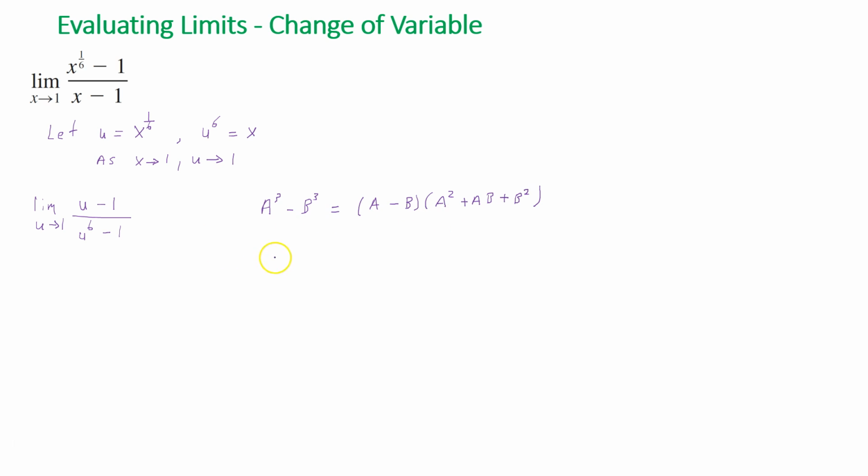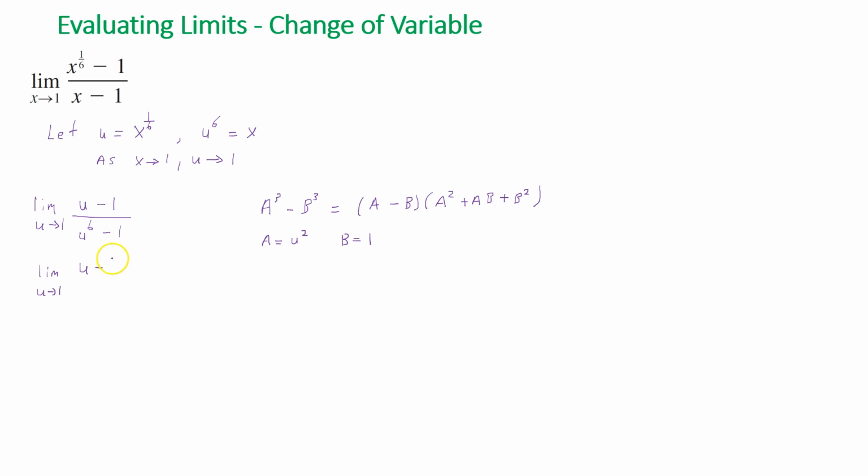So in this case, a is going to be u squared, and b is 1. So we can now rewrite this